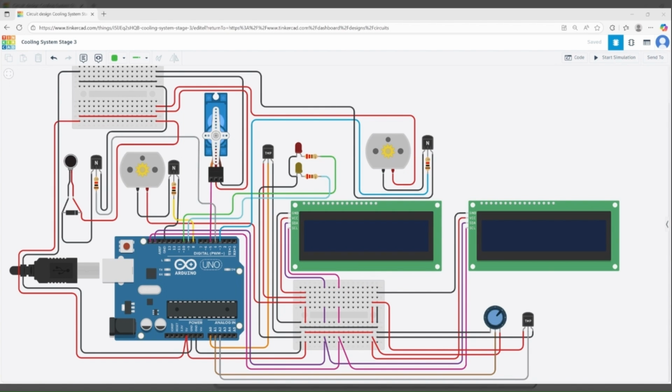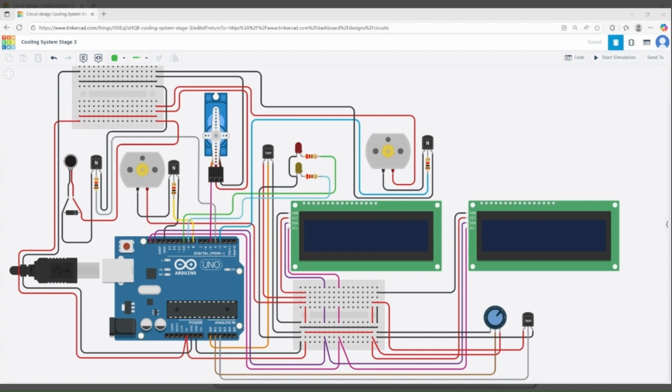We are reusing the stage 1 and stage 2 components: the Arduino board, temperature sensors, potentiometer, breadboard, and LCD screens. We will be adding a few new components: the blower motor, the vibration motor to represent the AC compressor, and the servo motor. The cabin temperature sensor connects to analog pin A2, and the desired temperature potentiometer connects to analog